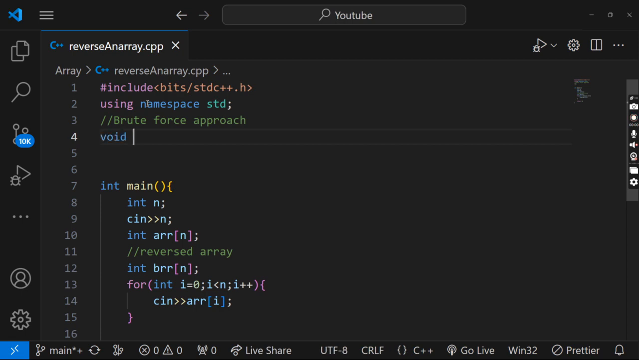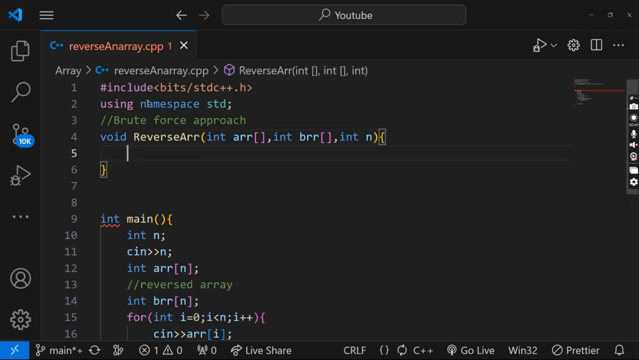What I said, we will create a function that will basically be called reverse array, and it will pass the arrays. You should know that arrays are always passed by reference, so we don't need to specify this here. These are by default passed by reference, so whatever changes you make in this array will be reflected in the original array also. So what was our logic? Our logic was we will run a loop